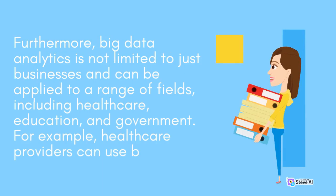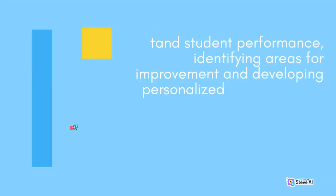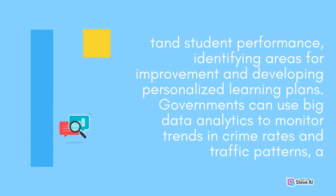Furthermore, big data analytics is not limited to just businesses and can be applied to a range of fields, including healthcare, education, and government. For example, healthcare providers can use big data analytics to monitor patient data in real time, enabling them to identify patterns and trends that inform treatment plans. Educational institutions can use big data analytics to better understand student performance, identifying areas for improvement,